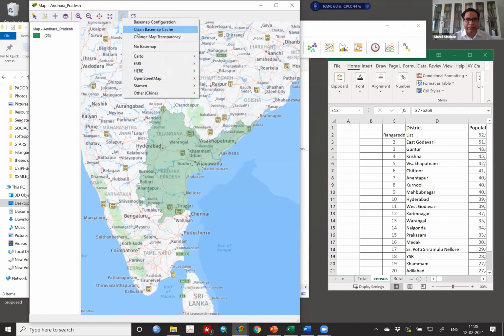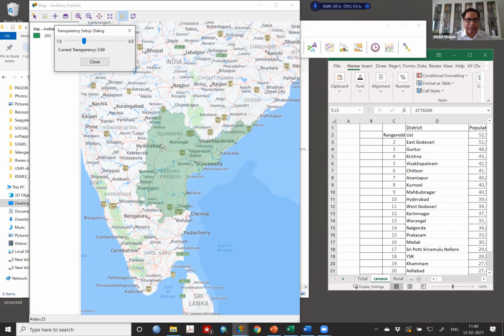Now you can have this transparency also. For example, look at change the map transparency. If you do this, look at this bar. If I do, there is a way, for example, I can put it here where my Andhra Pradesh map becomes more obvious and the base map is behind.